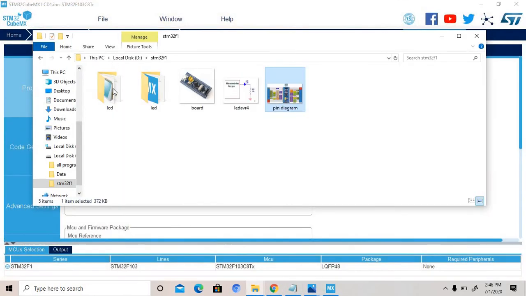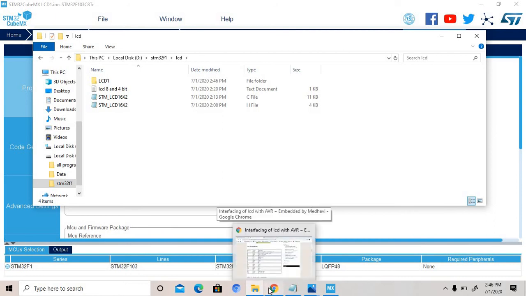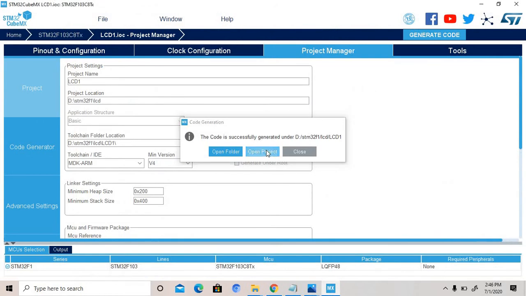In this we are using two files. This is one H file and a C file for LCD, STM32 LCD 16x2. All the commands and for display purpose, these header files we are using. So with the help of this header file, write the code. Yeah, open project.